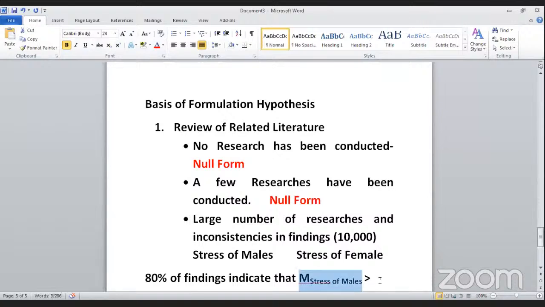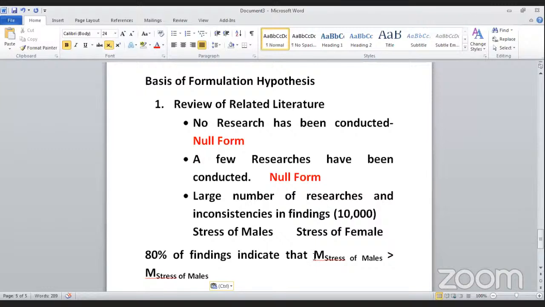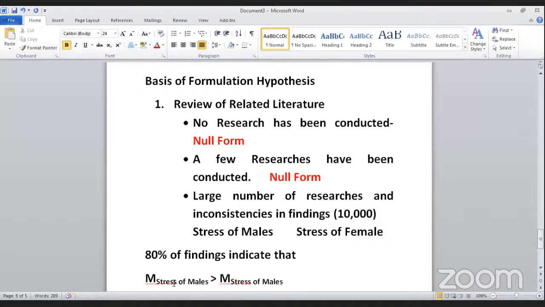I have not written score because of space. Okay, so if the mean score of stress of male is greater than the mean